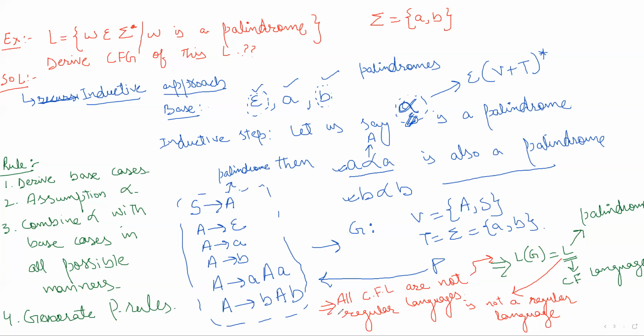We will also prove its reverse. What is the reverse? All regular languages are context-free languages. We will prove that all regular languages are context-free languages. That means regular languages are a subset of context-free languages. Before proving that, I will give you some examples that you will take as homework, and then we will come to the discussion of how to prove that all regular languages are context-free languages. So let me give some examples as homework.